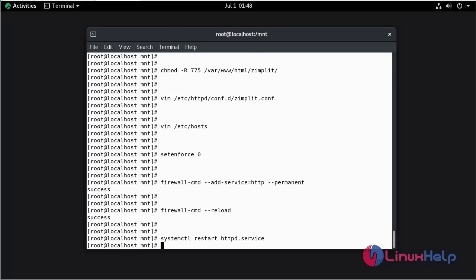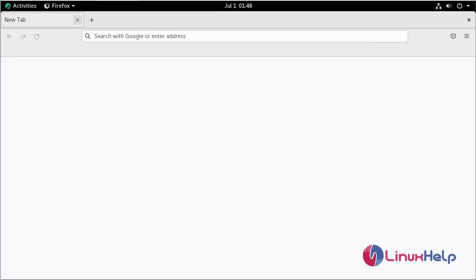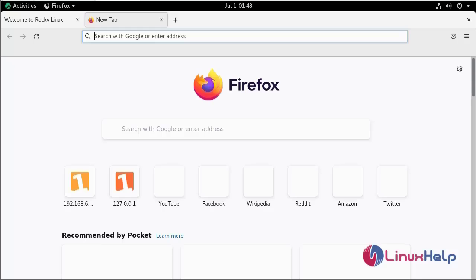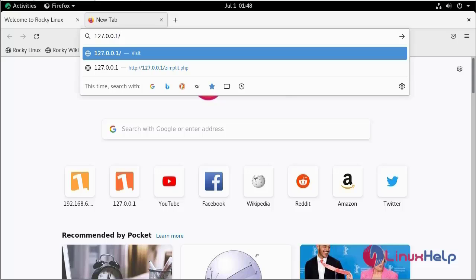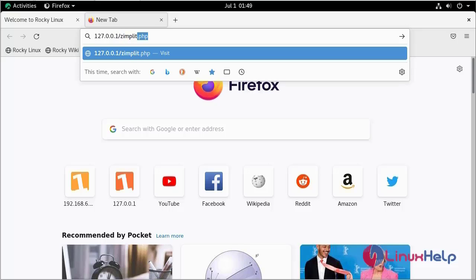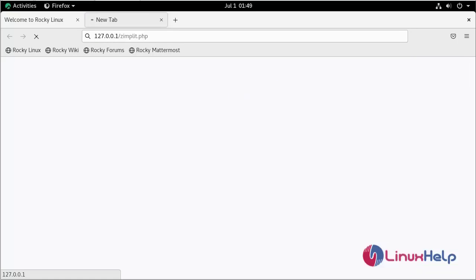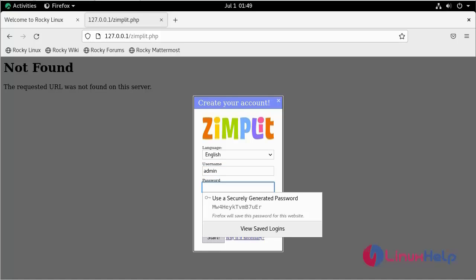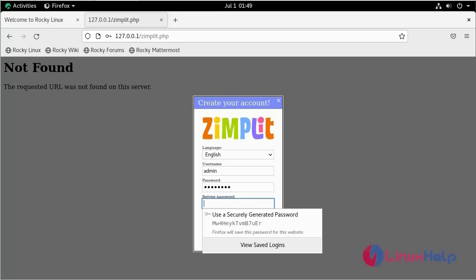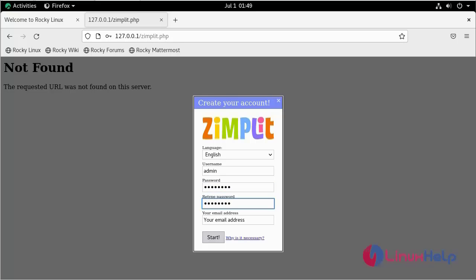Now go to the browser. Search here your local domain with /zimplit.php. Here, select your username, enter your password, re-enter your password, give your email ID,